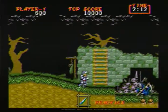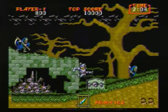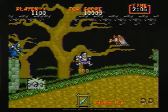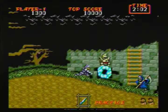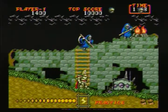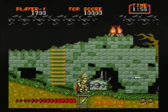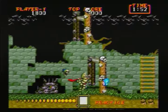So once it detected a different region, it would basically play the appropriate system. In this case, playing all the North American graphics and language code. The other game I can think of offhand that does the same thing would be Bare Knuckle, aka Streets of Rage. So suffice to say, getting a copy of Ghouls'n Ghosts, or I'm saying Ghouls'n Goblins in